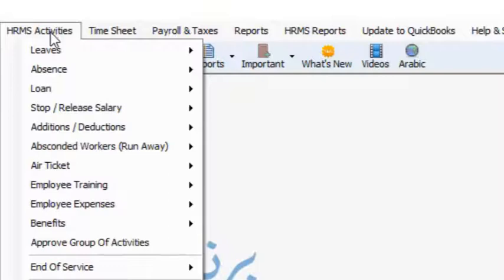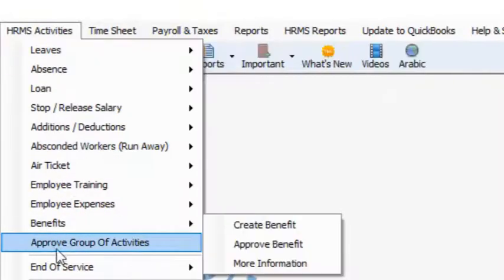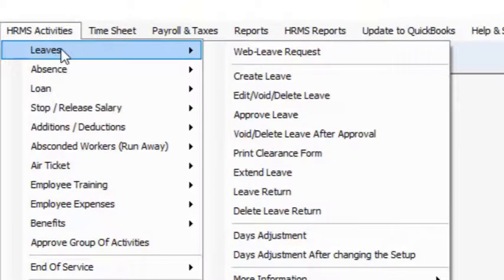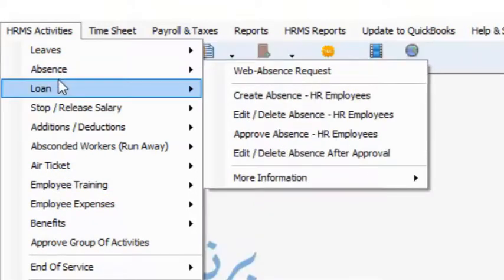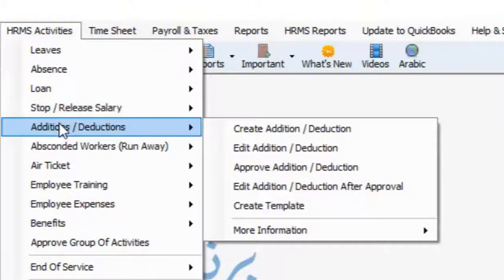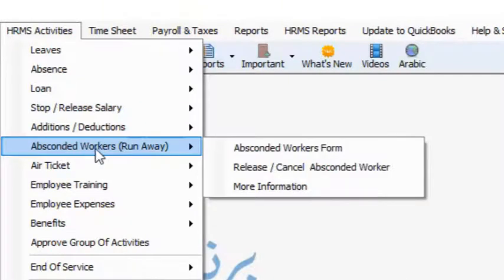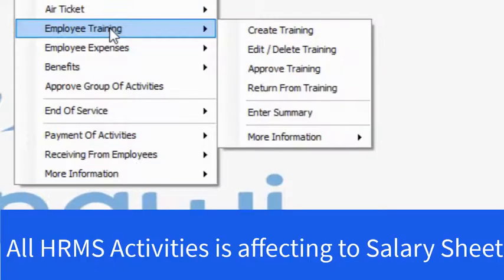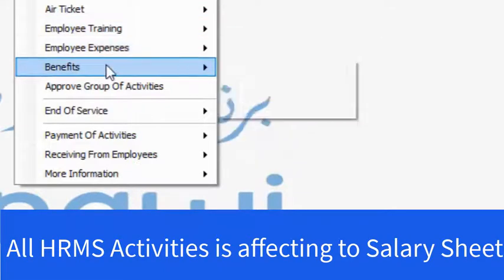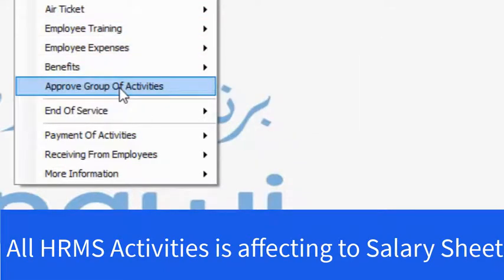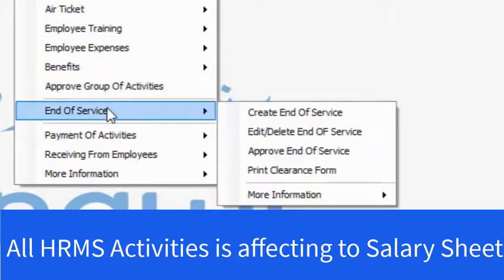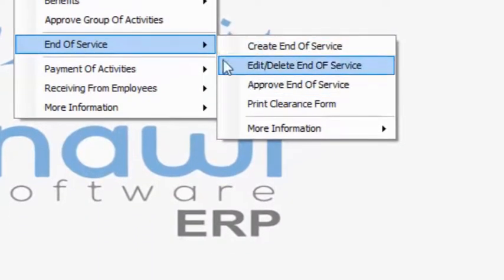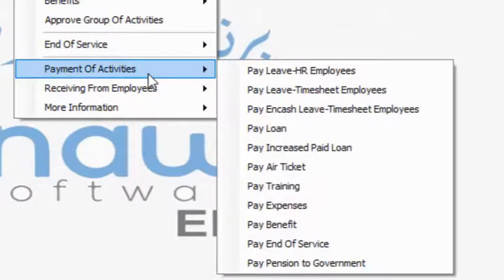Next, we have the Hrms Activities, the second part of the HR, which contains all these activities, starting with leaves, along with its workflow, absences, loans, stopping or releasing the salary, additions or deductions, any absconded worker or person who suddenly ran away, air tickets in case the company or the place of work provides that. The employee training, for example, if they take courses outside the city or the country, any expenses, benefits, approving a group of activities, which are any of those activities here, end of service along with this workflow,